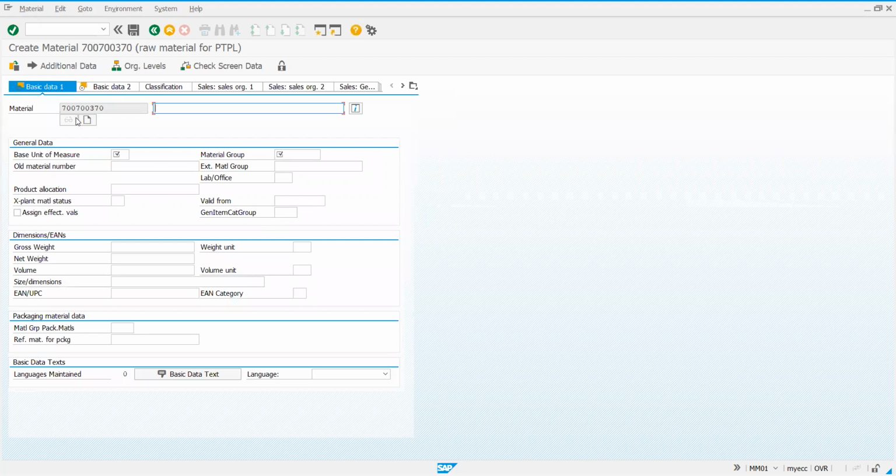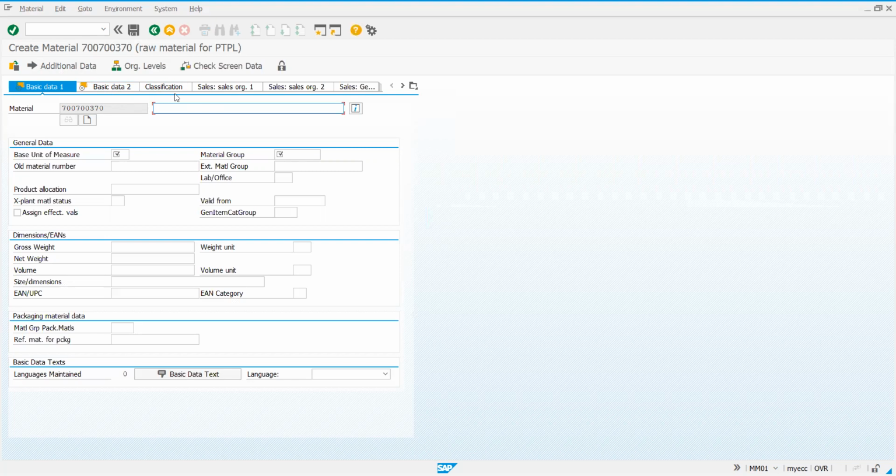Now you can see this was the range that was defined for that material type, and it is automatically taking the number. So next time it will take the next number and it will follow the sequence. So this is called internal numbering, as the system generates the number based on the range defined. And as you can observe here, basic data 1, basic data 2, you can find this ribbon as these are the selected views.